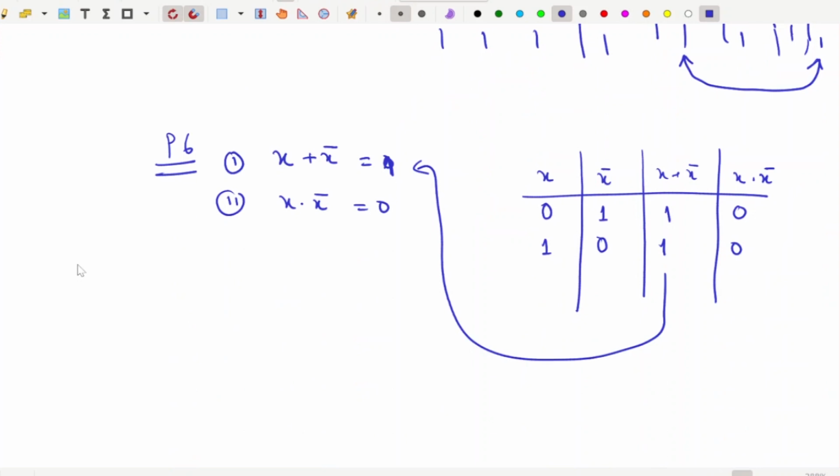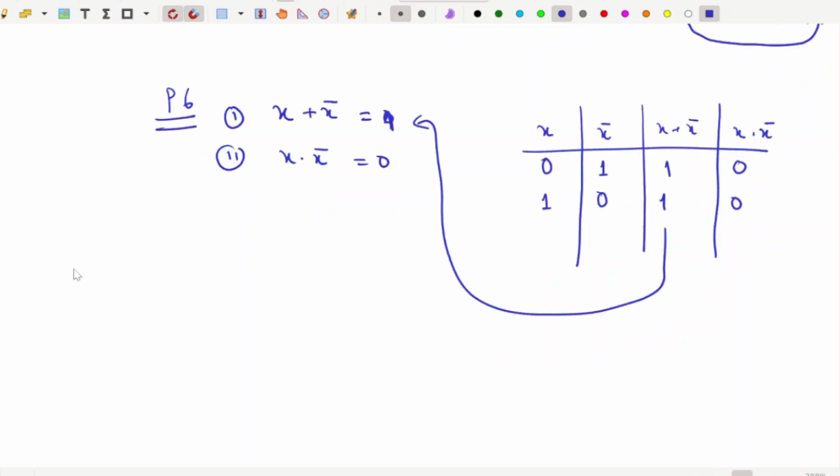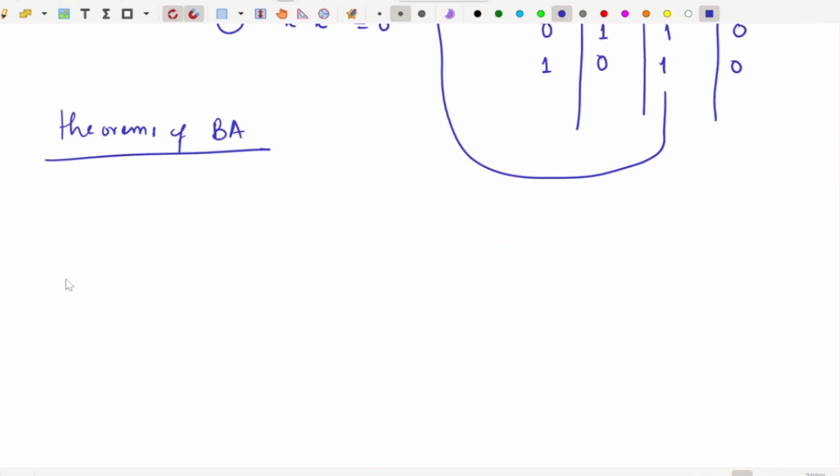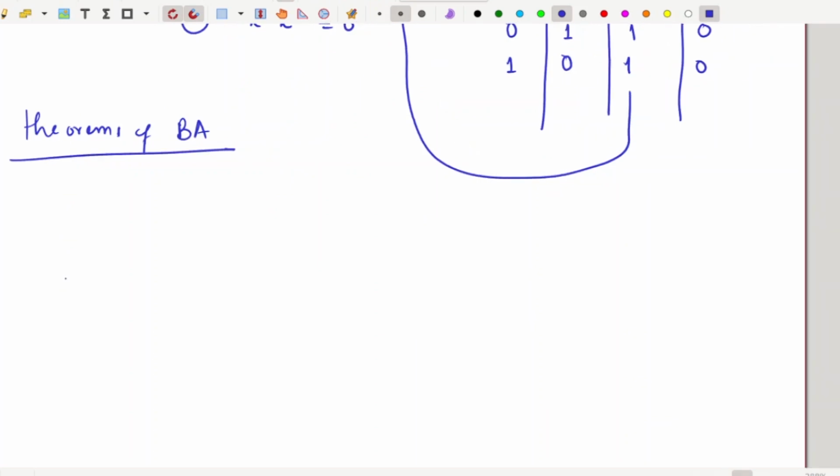And next one is the complementation law. x plus x complement is equal to 1, and x dot x complement is equal to 0. These postulates are used for proving some theorems of Boolean algebra, like the theorem of idempotent law. Here the theorems are,